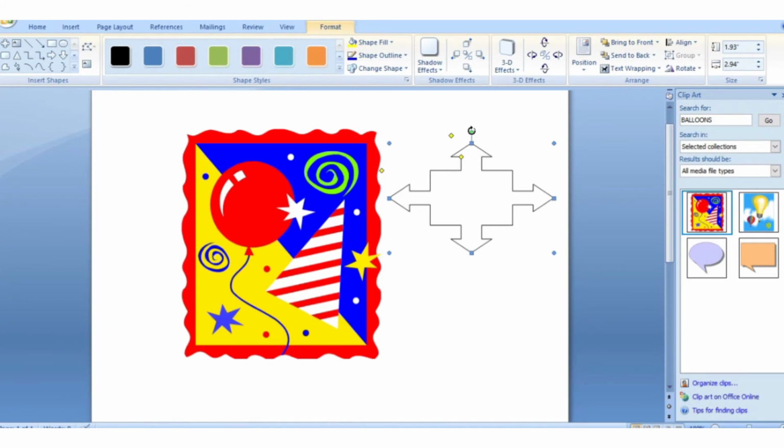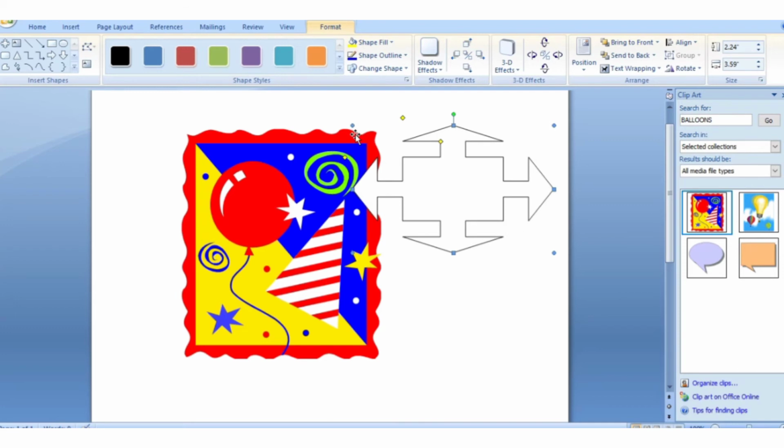Here the green dot helps us to slightly move our inserted image, and the yellow dot helps us to change the size of different shapes which we have inserted or which are connected together to form an image. And the blue dot helps us to increase or decrease the size of the image.